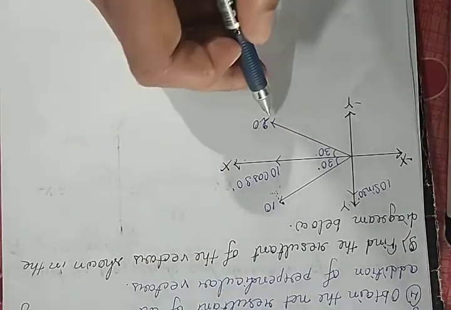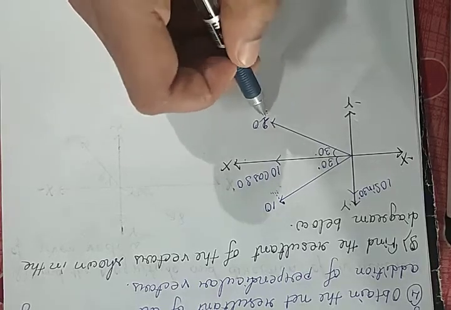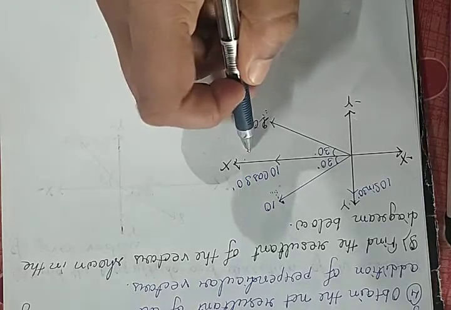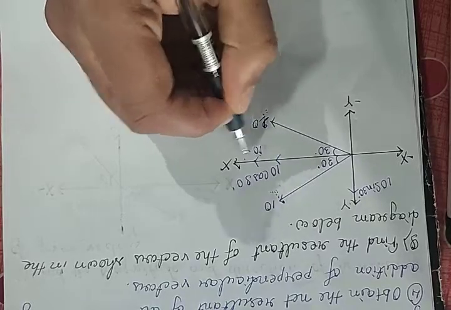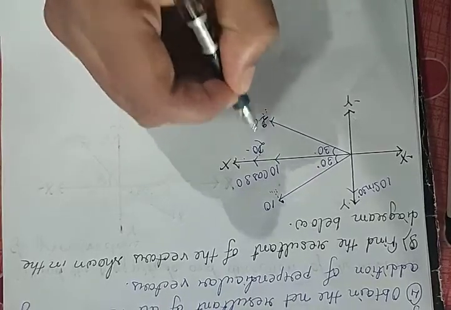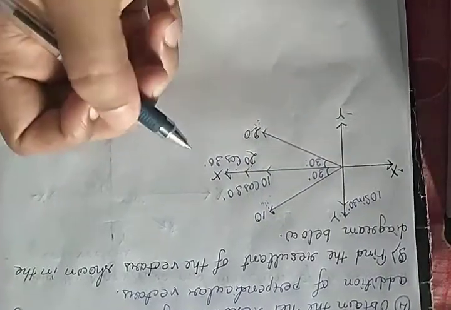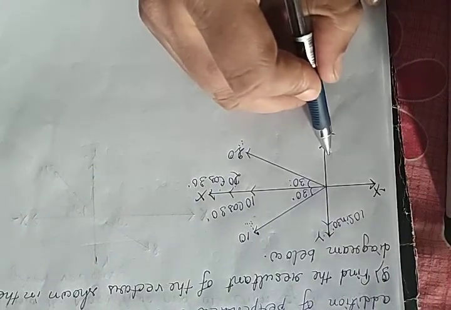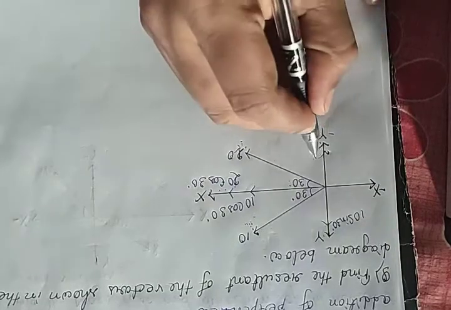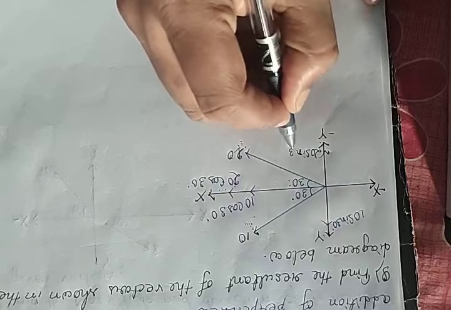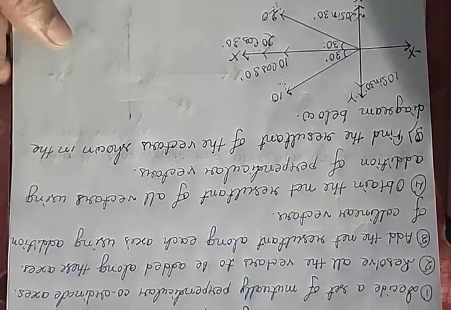Now for the second vector, its magnitude is 20, and this vector makes an angle of 30 degrees with the positive x-axis, so this will be the cos component. Again along the positive x-axis, its magnitude is 20, cos, and the angle is 30 degrees. Which one will be sine? Along the negative y direction. Why? Because this vector is between the positive x-axis and negative y-axis. So this will be 20 sin 30. So the resolving part is complete.